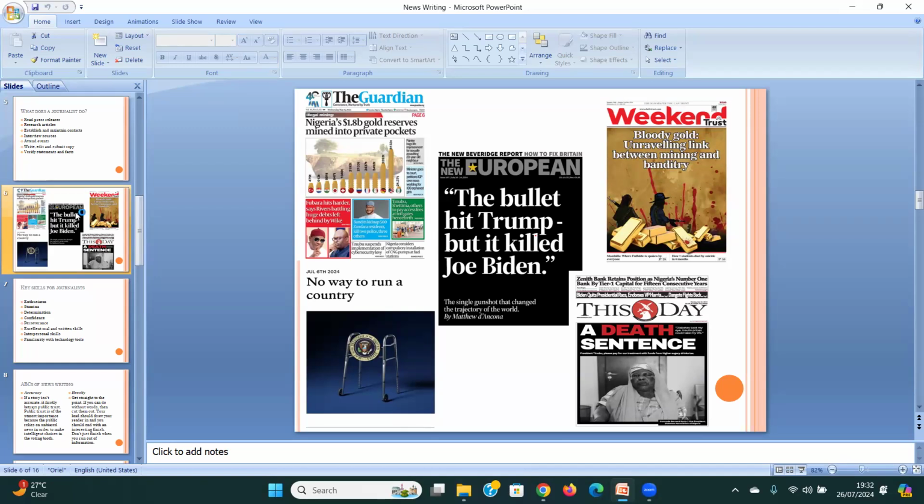Now, this one was the assassination attempt on former President Donald Trump. But look at the headline: the bullet hit Trump, but it killed Joe Biden. Now, looking at the sequence of events, you could say this was appropriately well captured, very apt. But if you take a closer look, if you zoom in on that edition, it was published the second or third day after the assassination attempt. Joe Biden only stepped down from the race just on Sunday. So it's like this was an agenda that was set,